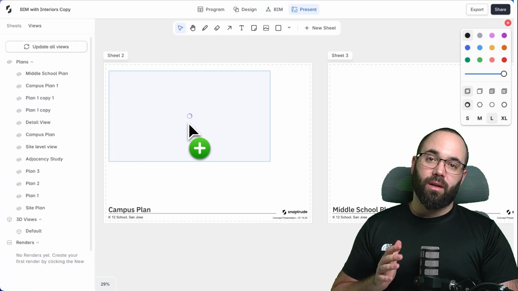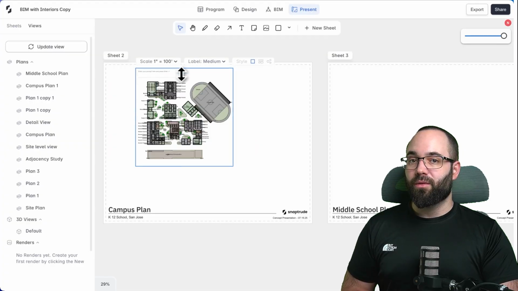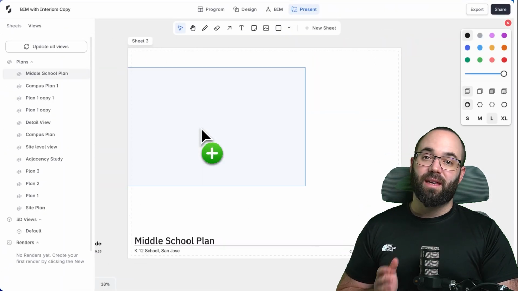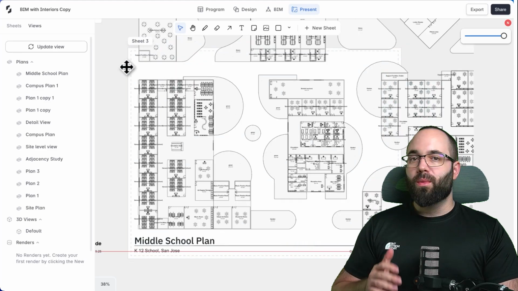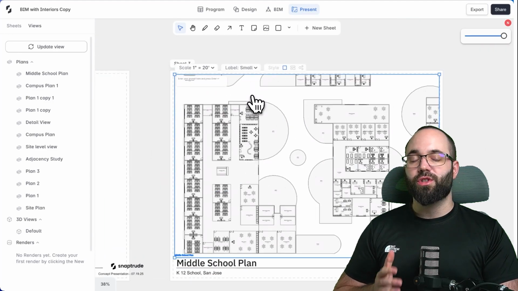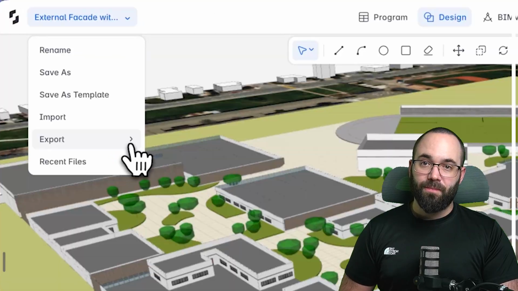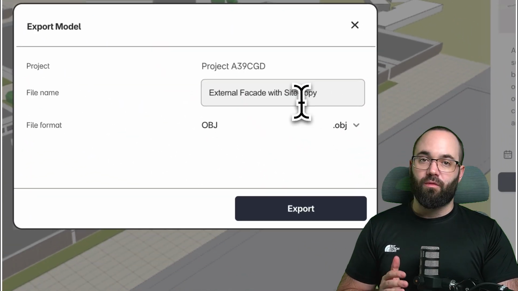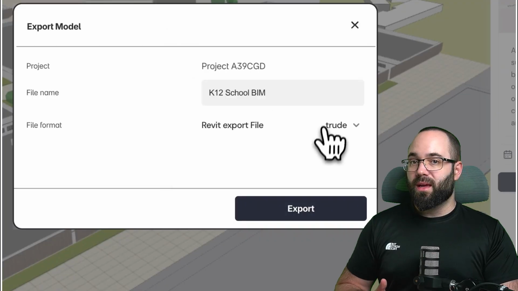Let's just place it on the sheets now along with other views. I will include the campus plan as well as the middle school plan here. With the presentation ready, now it's time to move to the next project stage, which is going to be inside of Revit. For this, let's go to Export, define the file name and format, and once we then export it